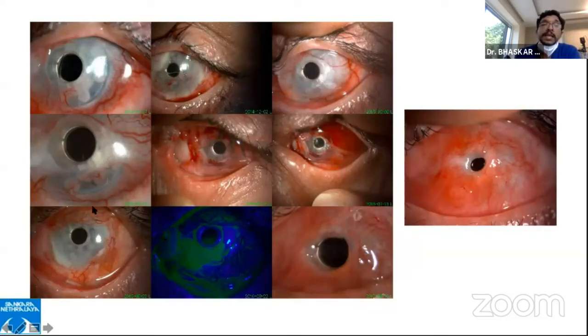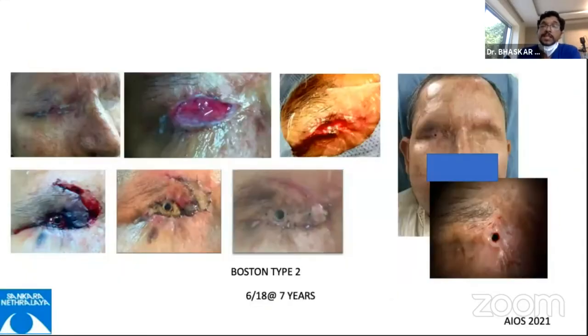So we had to do an LK again and then did a conjunctival hooding since a bandage lens was not being kept in place, and he developed a little bit of a conjunctival overgrowth on top of the optic, which we keep removing every 4 months by snipping off the conjunctiva.